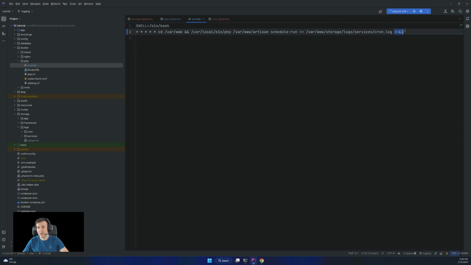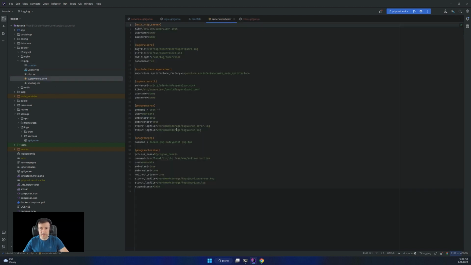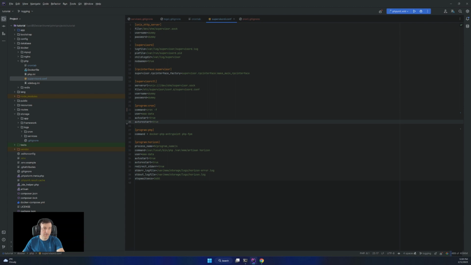Since we have literally success and errors, we can remove from supervisor any log related to the cron. So we have autostart, autorestart, and then removing the log, and that's it with the cron.